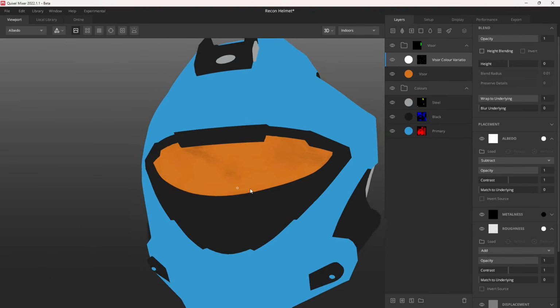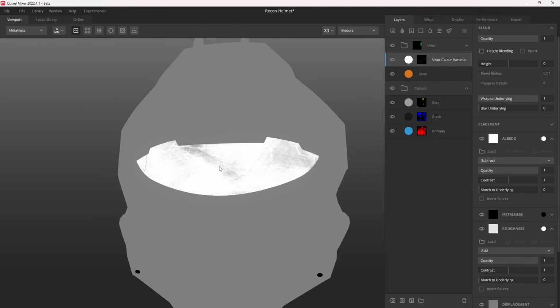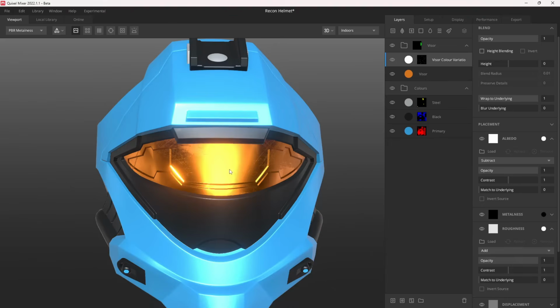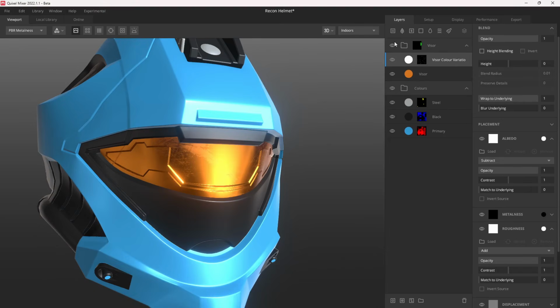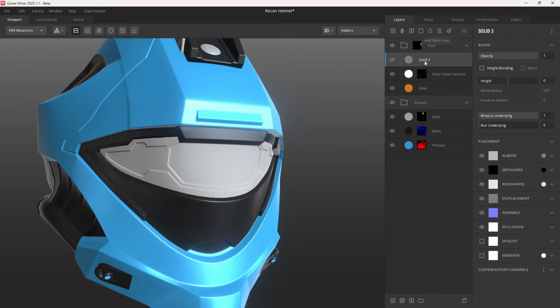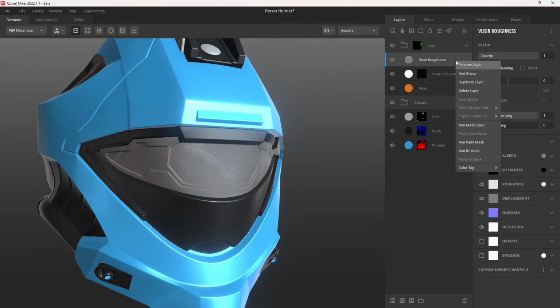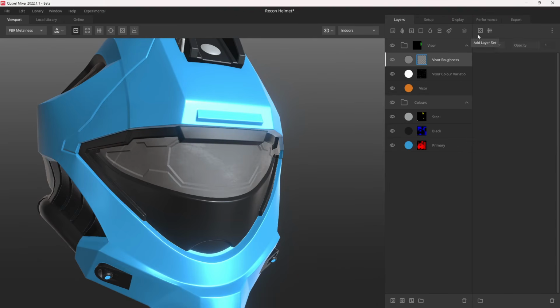And then if I press 2, I can see the albedo channel. 3, I can see the metalness channel, so you can see where the metal is and where the dielectric parts are. And then 4 gives us that roughness, so we can see all of our various channels. And so we can just continue to build this out and add some more interest. So let's add another solid layer, and we'll call this one Visor Roughness. And this one we're not actually going to affect the metalness channel at all, so we can just toggle that off. We can right click, we can add a mask stack,